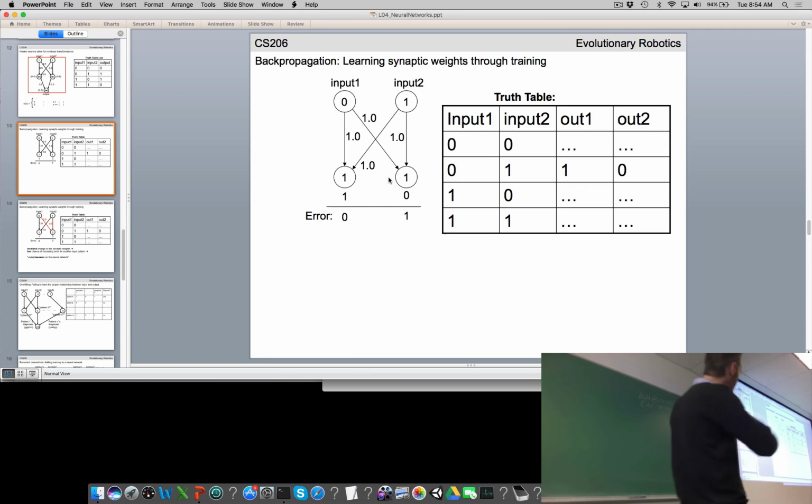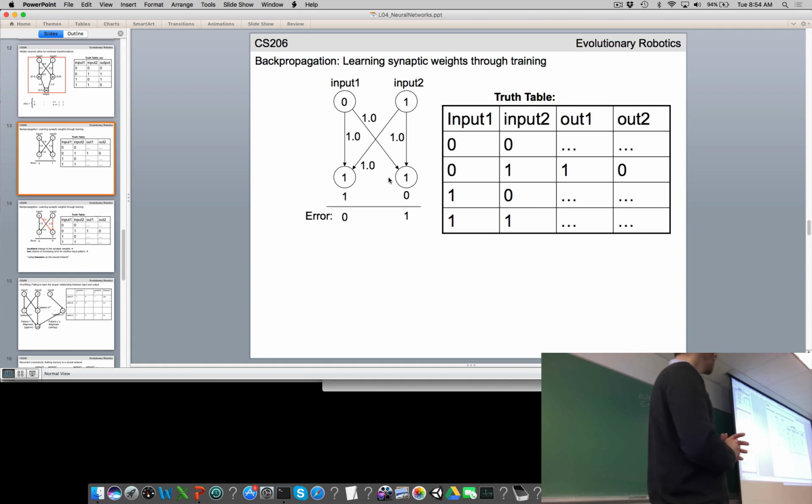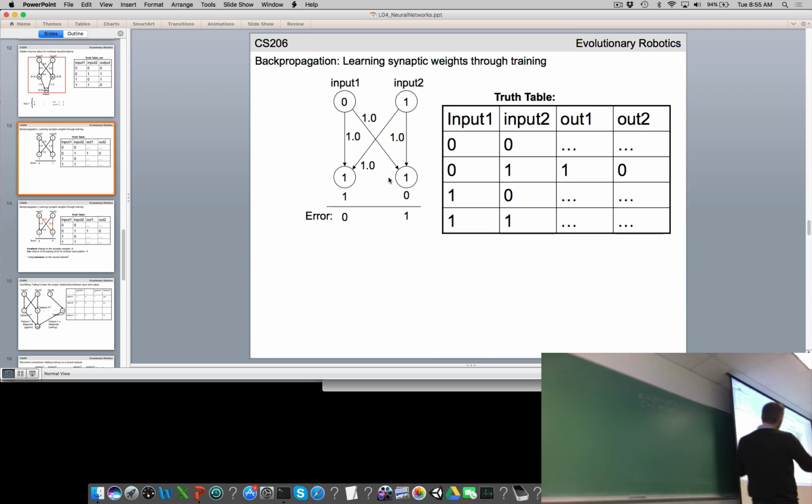Again, this is a course about evolutionary robotics. There is a whole branch of machine learning, which is how do you train these neural networks to do something desirable? What happens if you have a learning algorithm? So now we're not setting the weights and the thresholds by hand. Our machine learning algorithm is trying to determine what the weights of the network should be